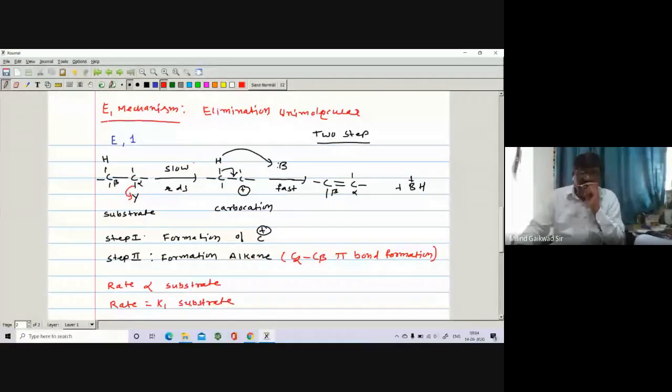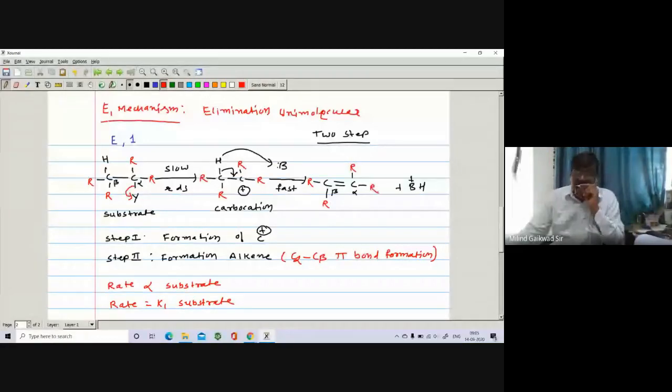Just we can replace the valency R. R may be same, maybe different. Here is also R, here is also R. We can write R, R dash, R double dash, R triple dash, meaning all may be same or may be different. They may be alkyl, they may be aryl. So depending upon that, we can write a number of examples. So this is the general example.